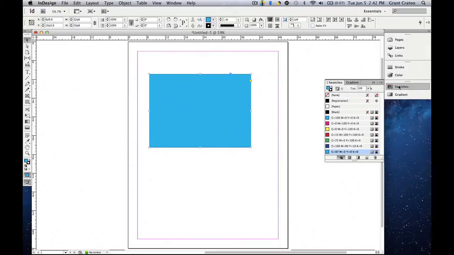What swatches are, they're pre-made colors that are already there for you to use. So we have none, registration, paper, black, you have a light blue, a pink, yellow, red, green, blue, and at the very bottom is the swatch that we actually just made. The nice thing about swatches is that whenever you're working within a specific document and you create a swatch, you can save it and keep reopening it whenever you're in this document. So let's say you're working on this project, you're creating a poster, you make this color that you really like